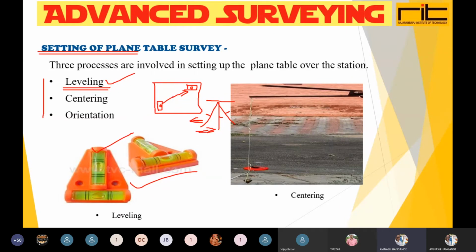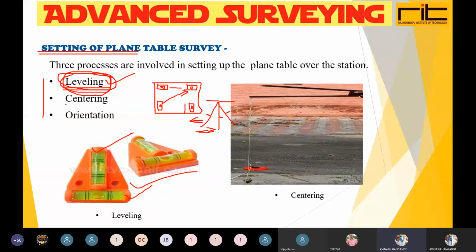After placing this at this pair of corners, then we have to place it here. Look how I am placing that bubble tube. It should be placed in opposite corners and also perpendicular to each other. So here I am placing it as horizontal, here I am placing it as vertical, so they are exactly perpendicular to each other. So that is the way we are performing this leveling operation, and for that we are using this spirit level or bubble tube.